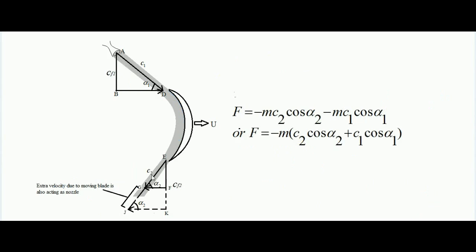Now one thing we see over here is that force is also developed in the vertical direction, because instead of ef, the vertical component of steam velocity is now ek, which is greater than ef. We know that the momentum change in the vertical direction is responsible for development of force in the vertical direction. We don't need any force in the vertical direction, because the blade has to move only in this tangential or horizontal direction. So what to do with this? We don't want any vertical force.